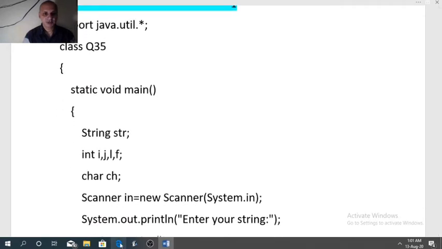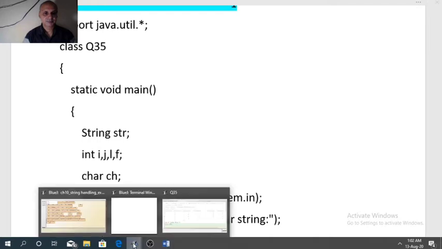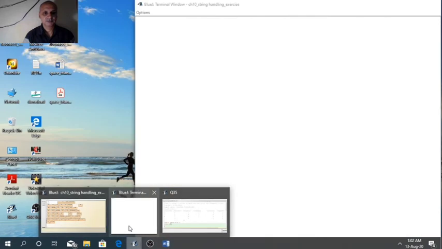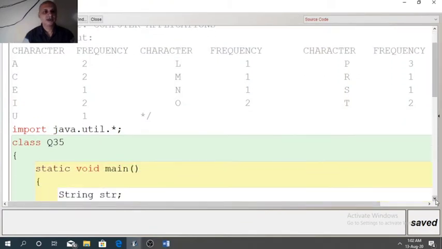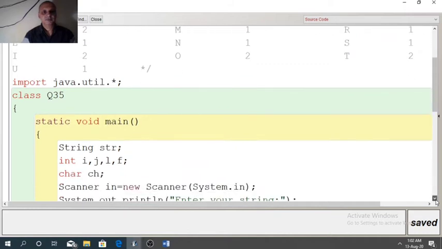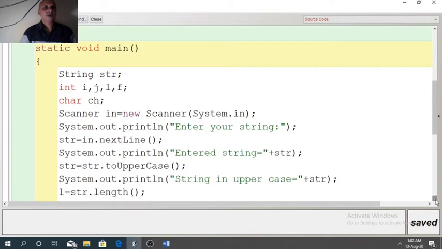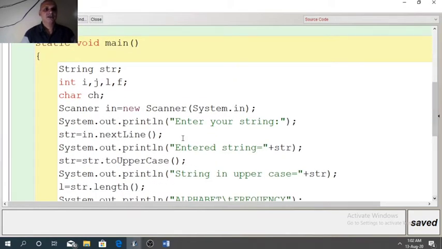So starting with the program, question is you have already seen. First we need to take a string in the variable str. I and j are loop variables. Here we need nested loop, that is why 2 loops.